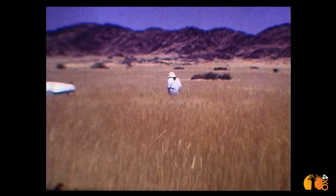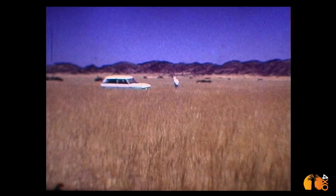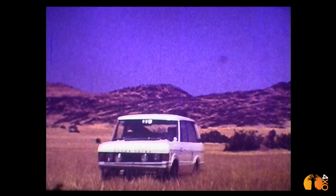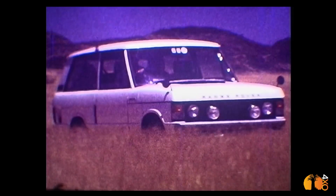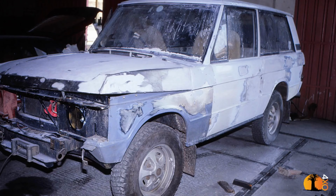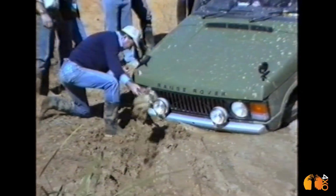And I kept that vehicle for 8 years, 8 months and 8 days. And I don't remember the exact mileage I put on it. It was 150,000 kilometers, something like that, and I did some amazing trips in that vehicle. I crashed it twice, I rebuilt it twice, I spray painted it,